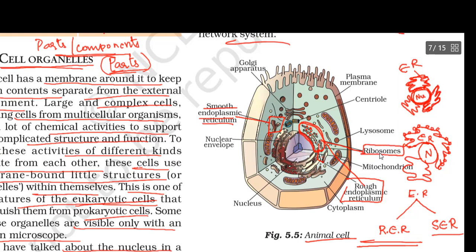So these ribosomes, what they are going to do, they are going to synthesize the proteins that are essential for the cell and also the body. So whenever there is a need for proteins, the ribosomes are going to synthesize the proteins, and they will send them to the other body parts. Okay, and they said one more point here.